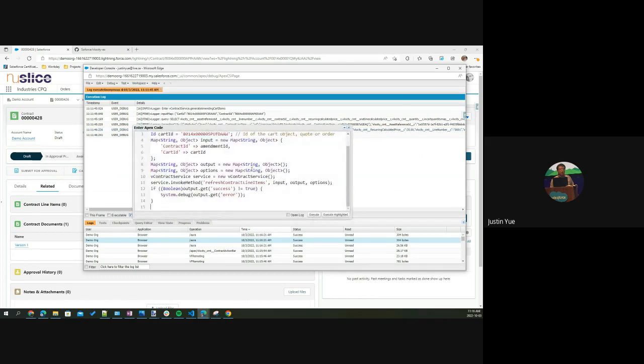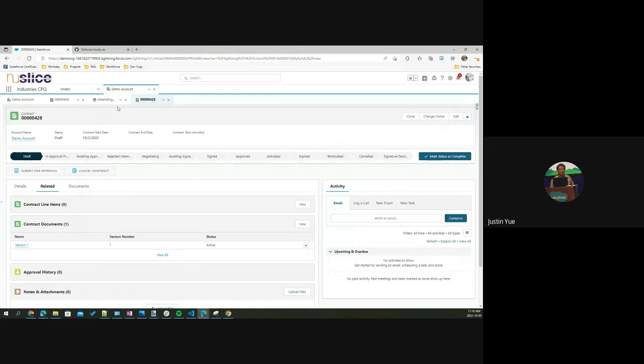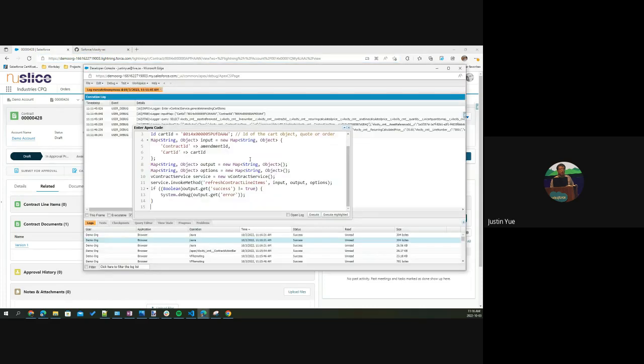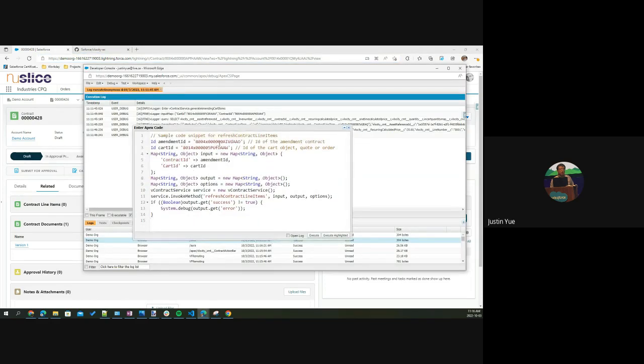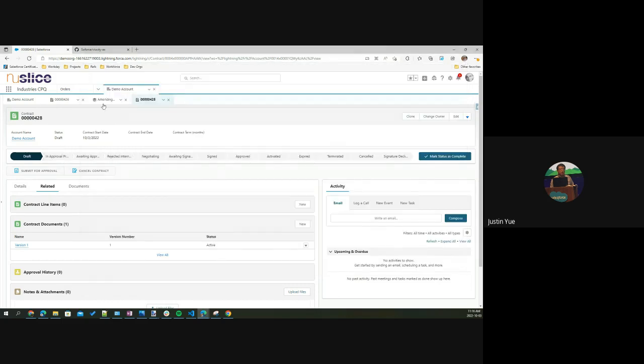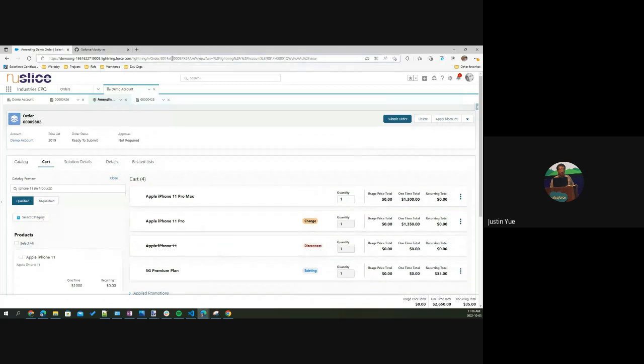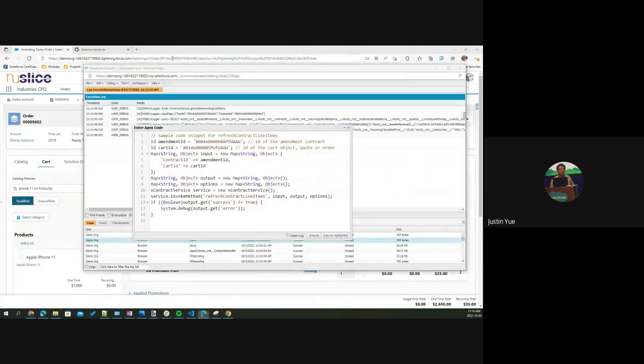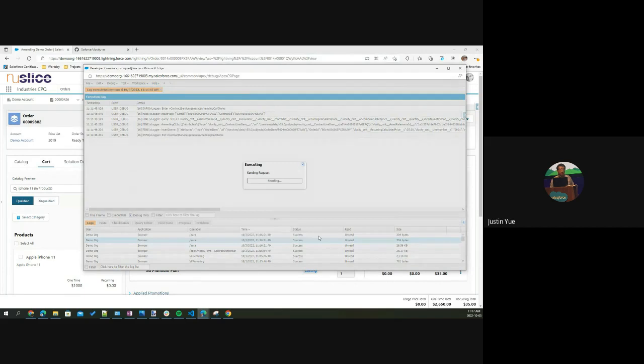I'm gonna run here. So the same thing, I'm gonna copy my contract ID. This time, I'm gonna put my amendment contract ID here. That's called the amendment ID. And I'm also gonna get my amending order ID and copy it here. If you take a look, that's called refresh contract line items. So once I run it,